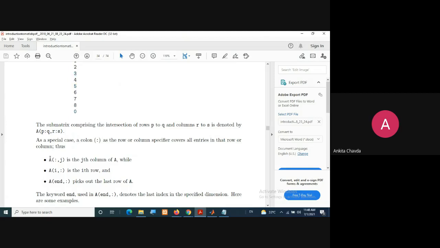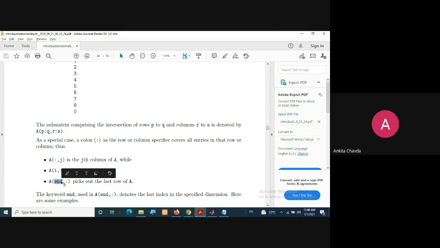A of colon and J means that for all the rows, I just want the jth column. If I write A of I and colon, it means I want a particular row and all the columns. If you write end, either for row or for column, it will take the last one.